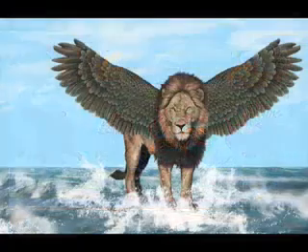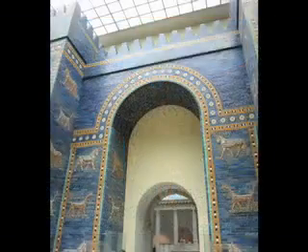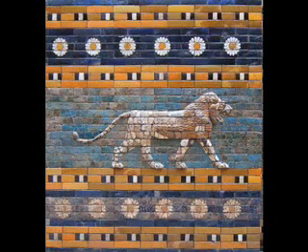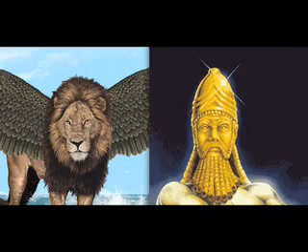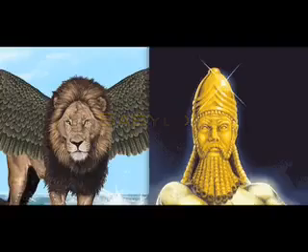The winged lion was actually one of the most sacred symbols in ancient Babylon. On the great Ishtar gate, there were many different animals that were very symbolic and very important to the Babylonians, and one of them was a winged, guess what? Lion. That's exactly right. And so a winged lion is represented, of course, lion is the king of the beasts and gold is the chiefest of metals. And so here, just as Babylon was represented by the head of gold, so too Babylon is represented by this winged lion. Okay?